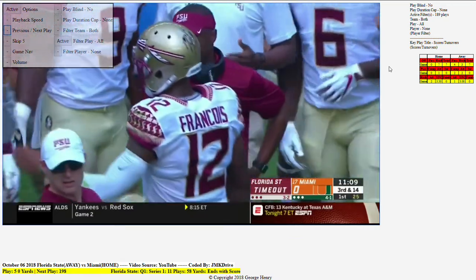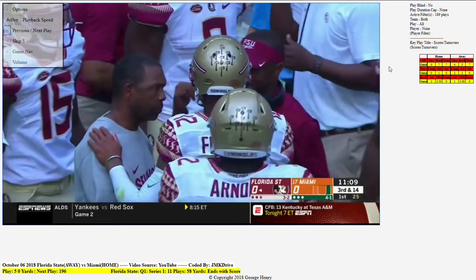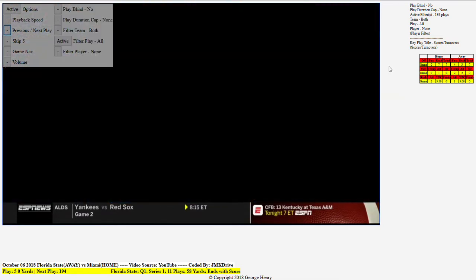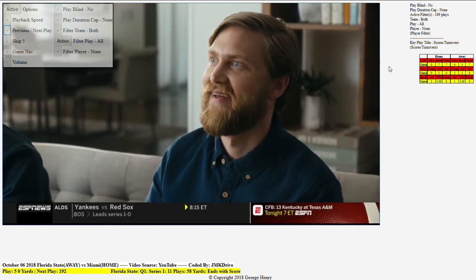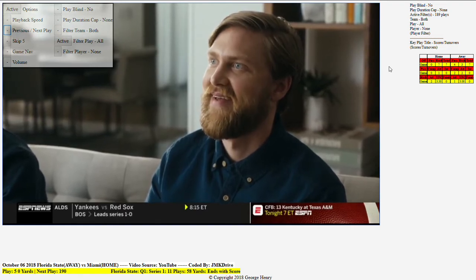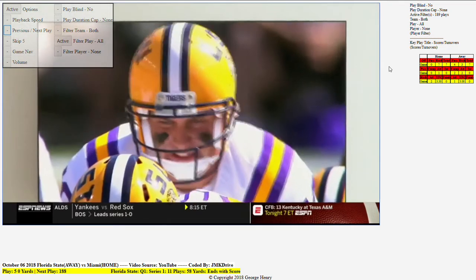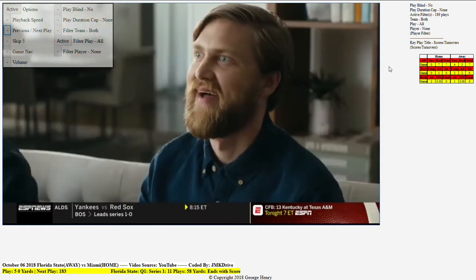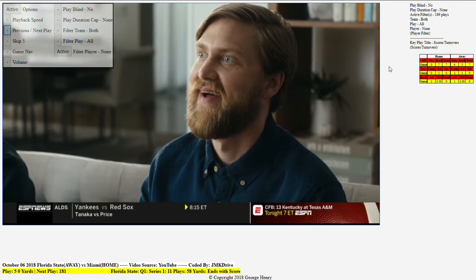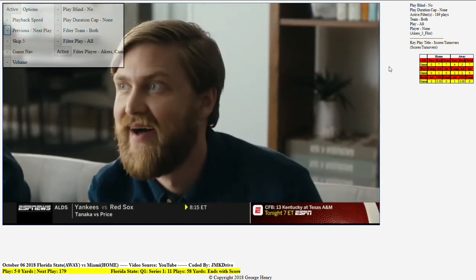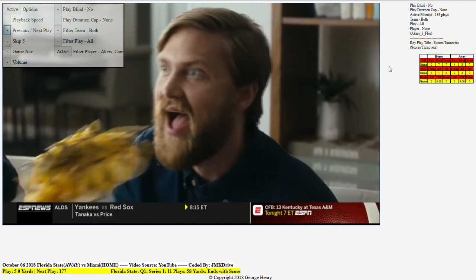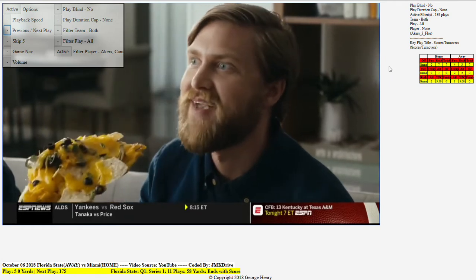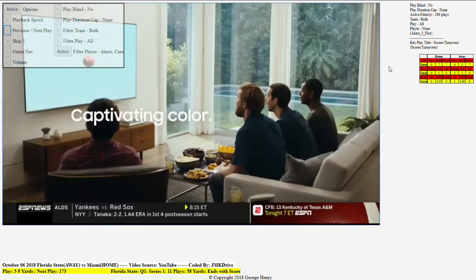So that's all pretty self-explanatory. But now, my favorite filter is, so let's see, here we go, we're going to our commercial. None of this has been removed from this game. So if we say that we want to filter by player, this I think is really cool. This is my favorite of all the filters, that you can pick out a player,